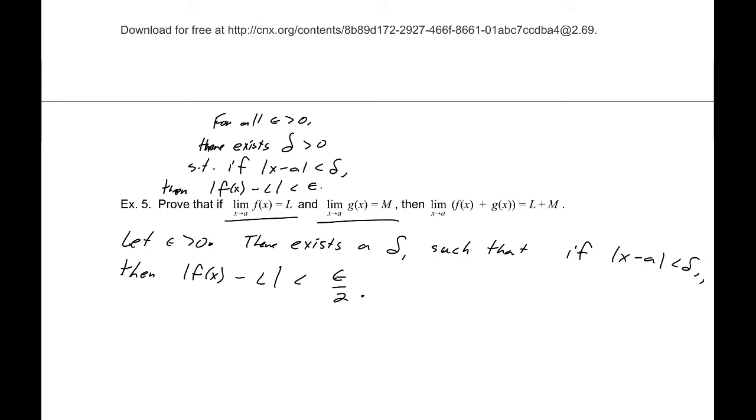Now my choice of epsilon over 2 is not arbitrary, because in the end I'm actually going to add these two so that it comes out to be less than epsilon. Right. So similarly,